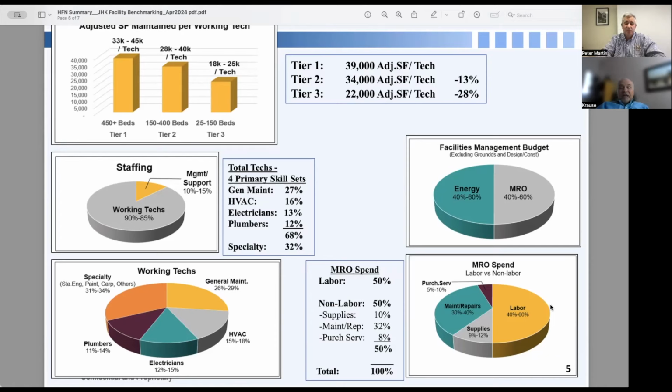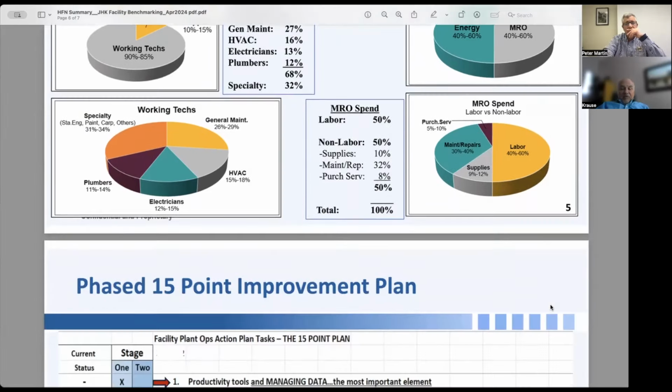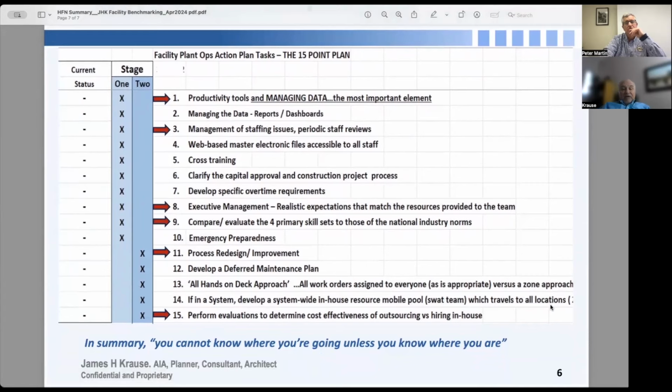So the point of this then, these are the high level benchmarks of whether we're within the zone of what the industry is doing, or we're not. So if we're not, then we go to the next slide of performance improvement. So I have found these 15 points to be what the high production facilities are doing. And I start out with the data. We have to have good data, accurate data. It needs to be 100%. We can't have some folks reporting work orders and some not. We've got to have everybody input what their performance is and the time to do a particular work order,